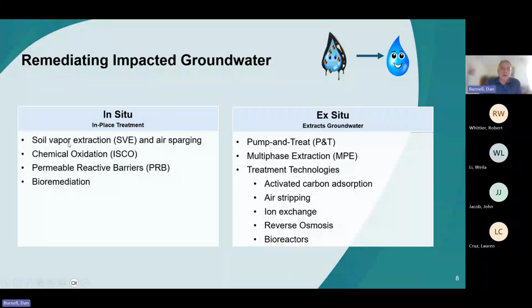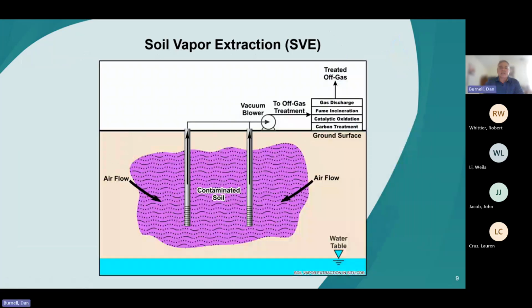We'll look at, for example, something called soil vapor extraction, chemical oxidation, permeable reactive barriers, and the bioremediation that occurs as part of the in situ treatments. And then for the ex situ, we'll look at pump and treat, where we pump the water out. We'll look at how we can use multi-phase extraction and some of the other technologies for treatment. Let's first look at